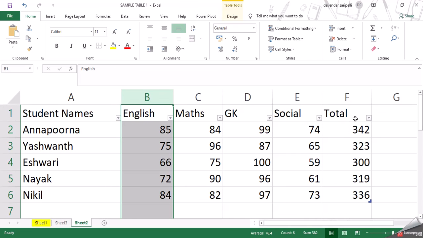Let us just summarize the options which we have learned. Insert means to insert rows and columns and also sheets. Delete means just the opposite, deleting the rows and columns which we have inserted. Format means applying formats, namely the row height and the column width, increasing and decreasing, and hiding and unhiding. This is all we have discussed in this video.